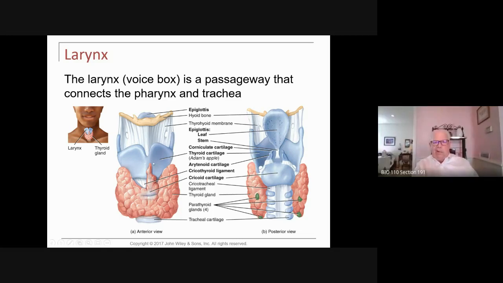There is also another cartilage in this area, and it is called the cricoid cartilage. Right here, cricoid cartilage. I want you to also notice that this is the thyroid gland. Okay? The cricoid cartilage is extremely important, and the reason it's extremely important is,